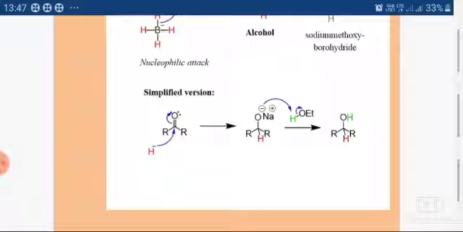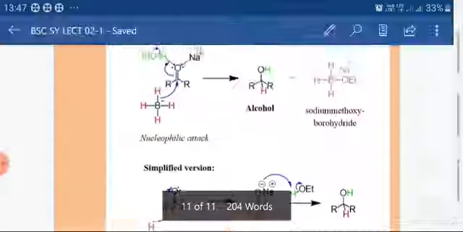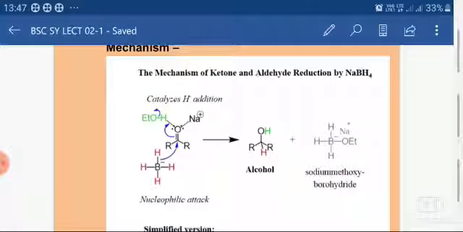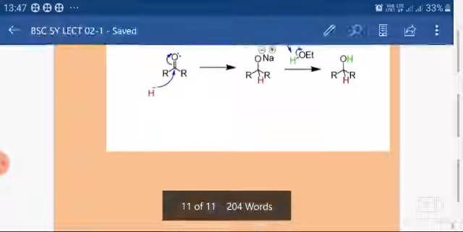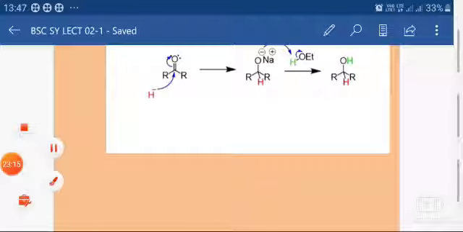This is the whole mechanism. The first step is attack of the nucleophilic hydride ion on the carbonyl carbon, and the second step is abstraction of proton. These 2 steps are involved in the reaction using sodium borohydride. You can go through all these reactions and try to understand them. So up to that, thank you. We will see in the next